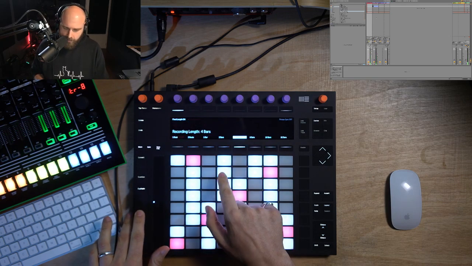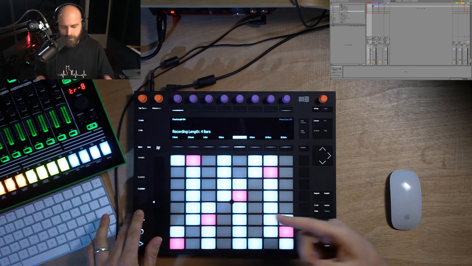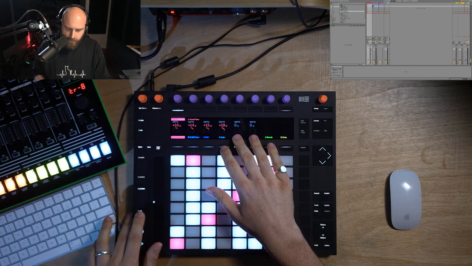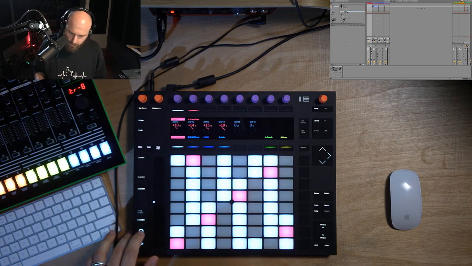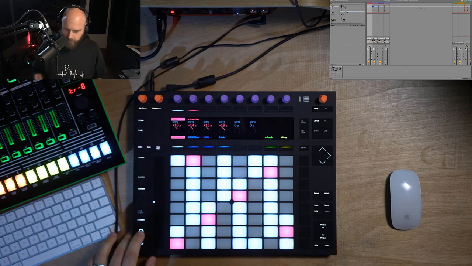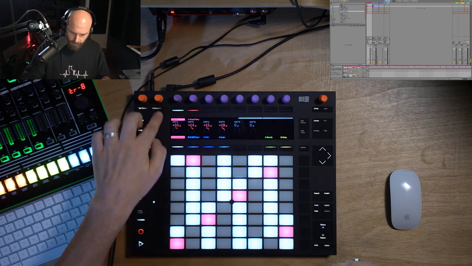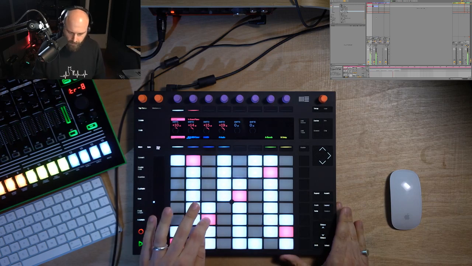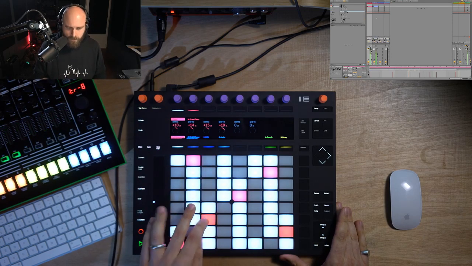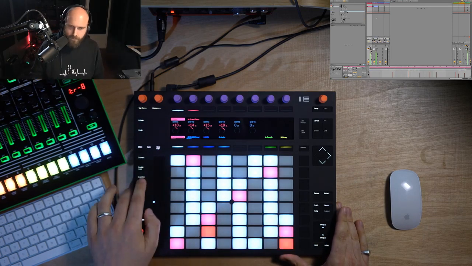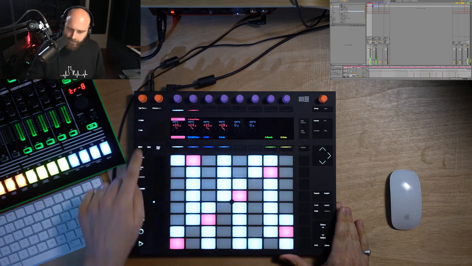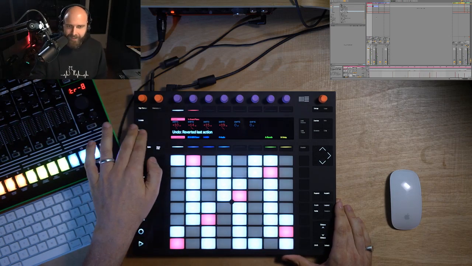Let's record this in. 2, 3, 4. Yeah, maybe just a 2-bar loop will do. 1, 2. Let's do it. 1, 2, 3. Oh, that was awful. Let's try that again, shall we?